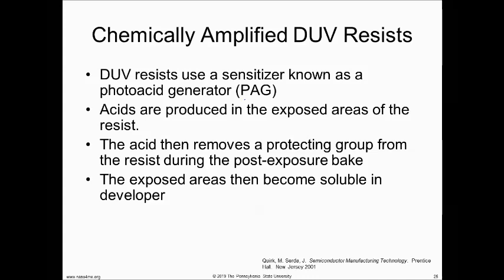So the deep UV resist, what we're going to do is expose each die for a short amount of time, but that time is not sufficient to get the whole procedure done, but it's going to set up the procedure. Then what we're going to do is take the whole wafer later on and put it on a hot plate, and the hot plate is actually going to finish what we started with the light. Does everybody see that? So this is called a 2-step process, and we need it for more of a